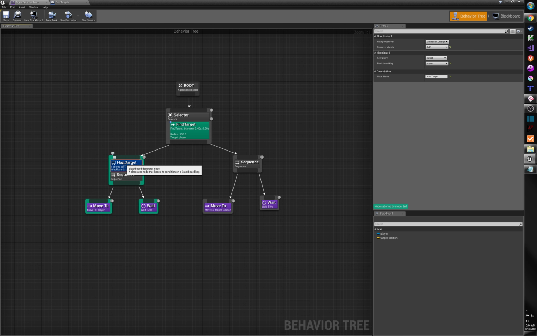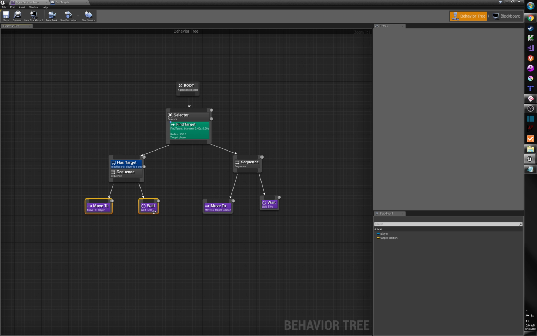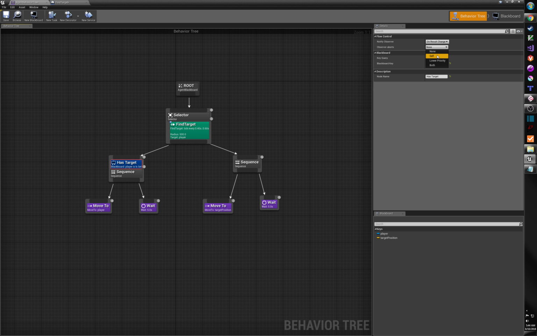If this decorator ever fails, it will abort any of these things and fail this whole branch. And it's a selector, so then it'll move on to the sequence. So if at any time this becomes false, it will bail. Whereas if this is not set, if I go back to none, as soon as I run any of these children nodes, it will absolutely go through the sequence. The only way to cancel is one of these nodes failing. Whereas setting this decorator to self lets me say, okay,